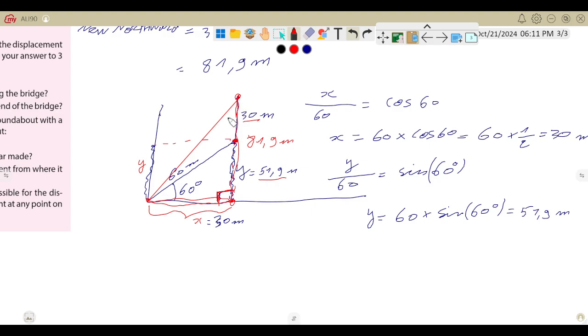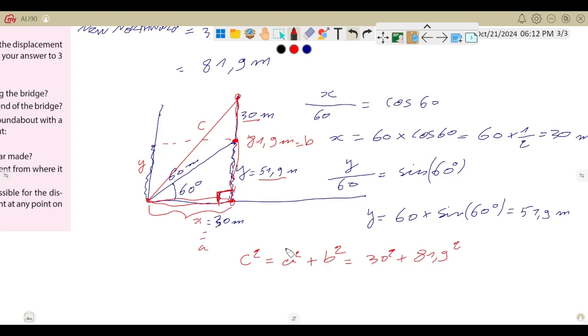Because this is a right angle triangle, the Pythagorean theorem says that if I'm naming this side as C, I can write C square equals A square plus B square, naming this one as A and this one as B. That gives 30 square plus